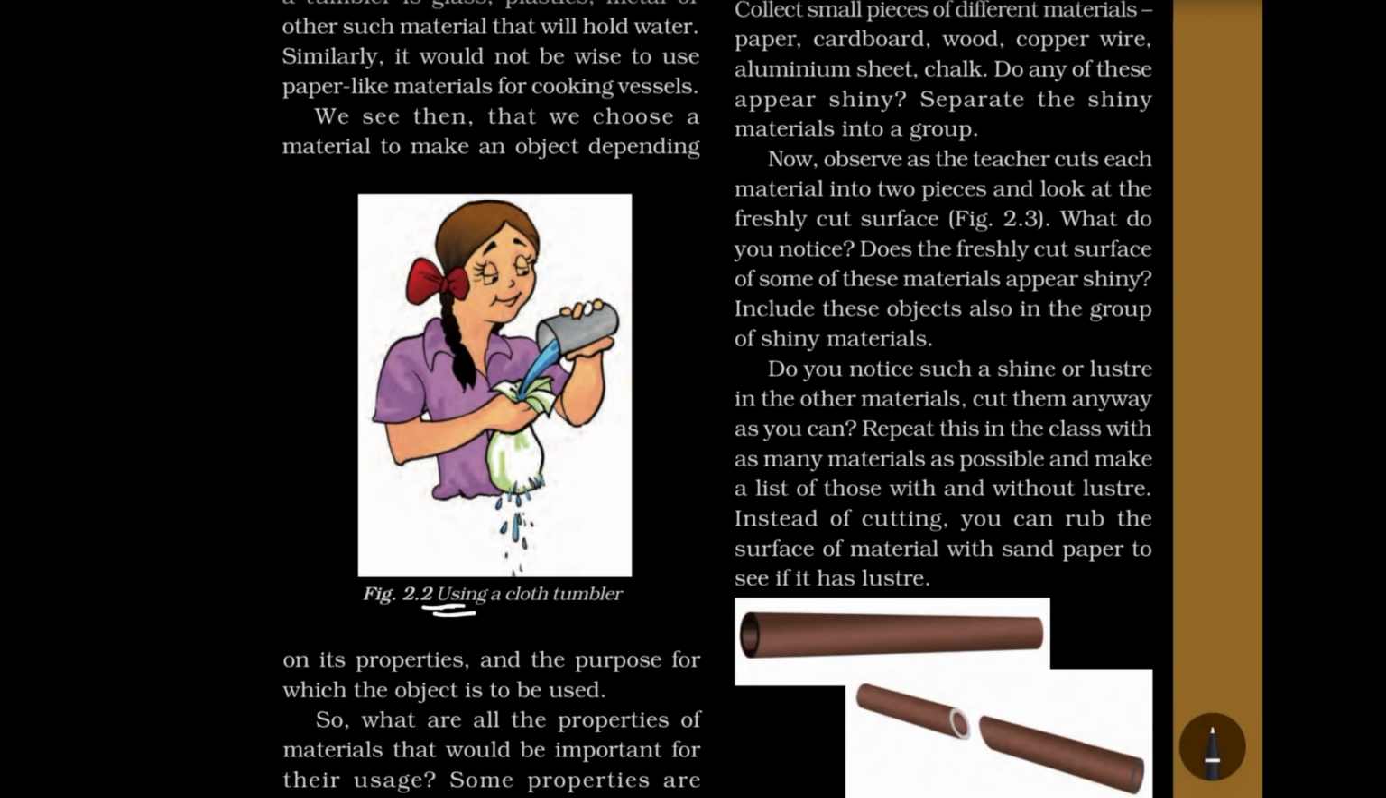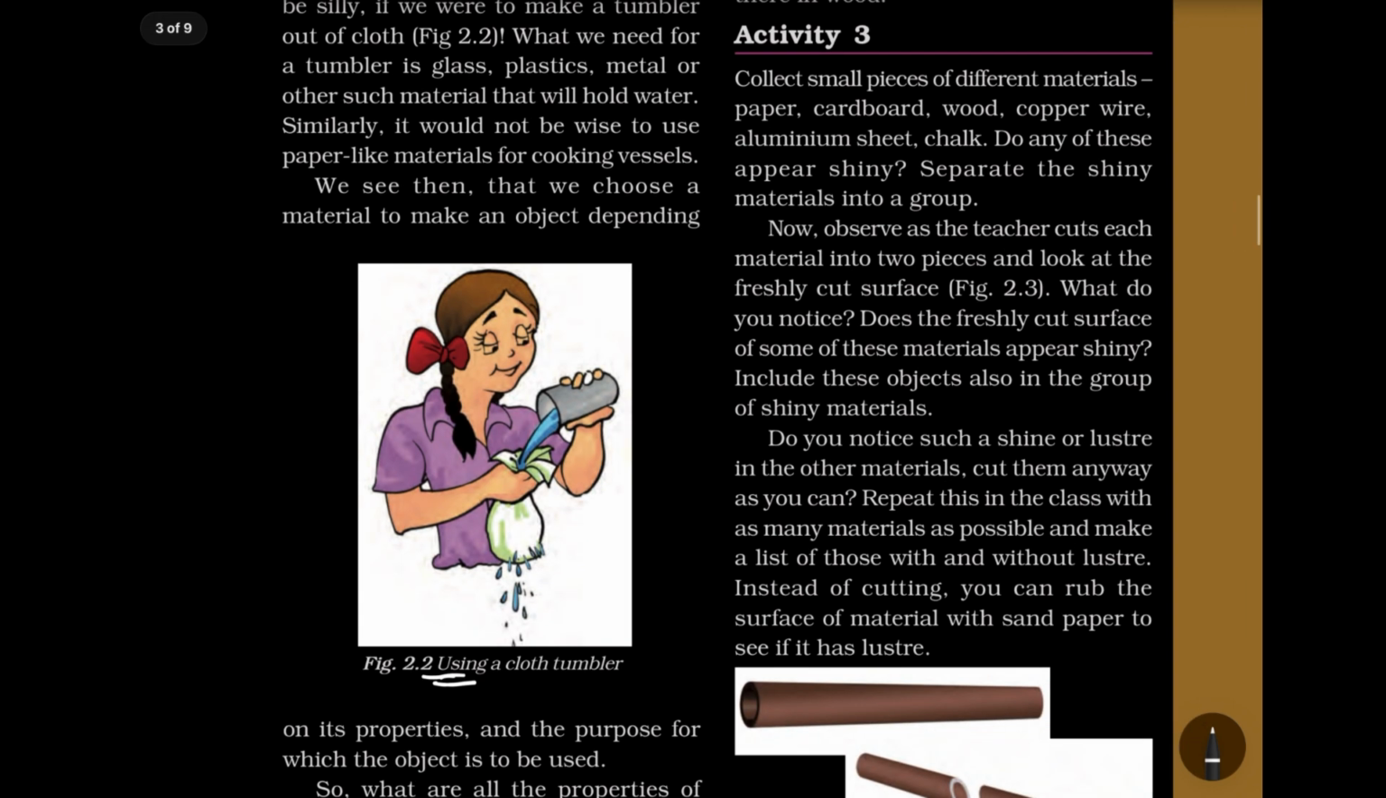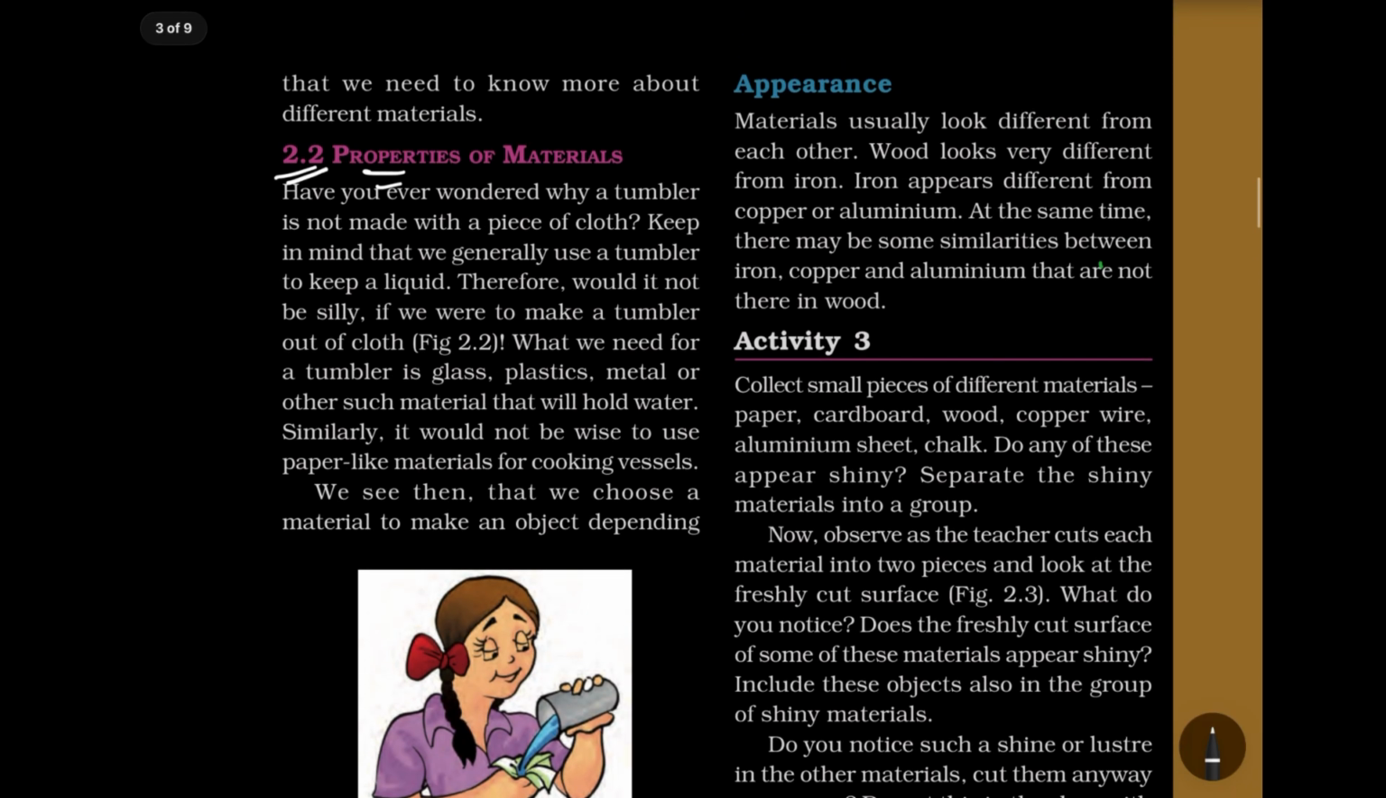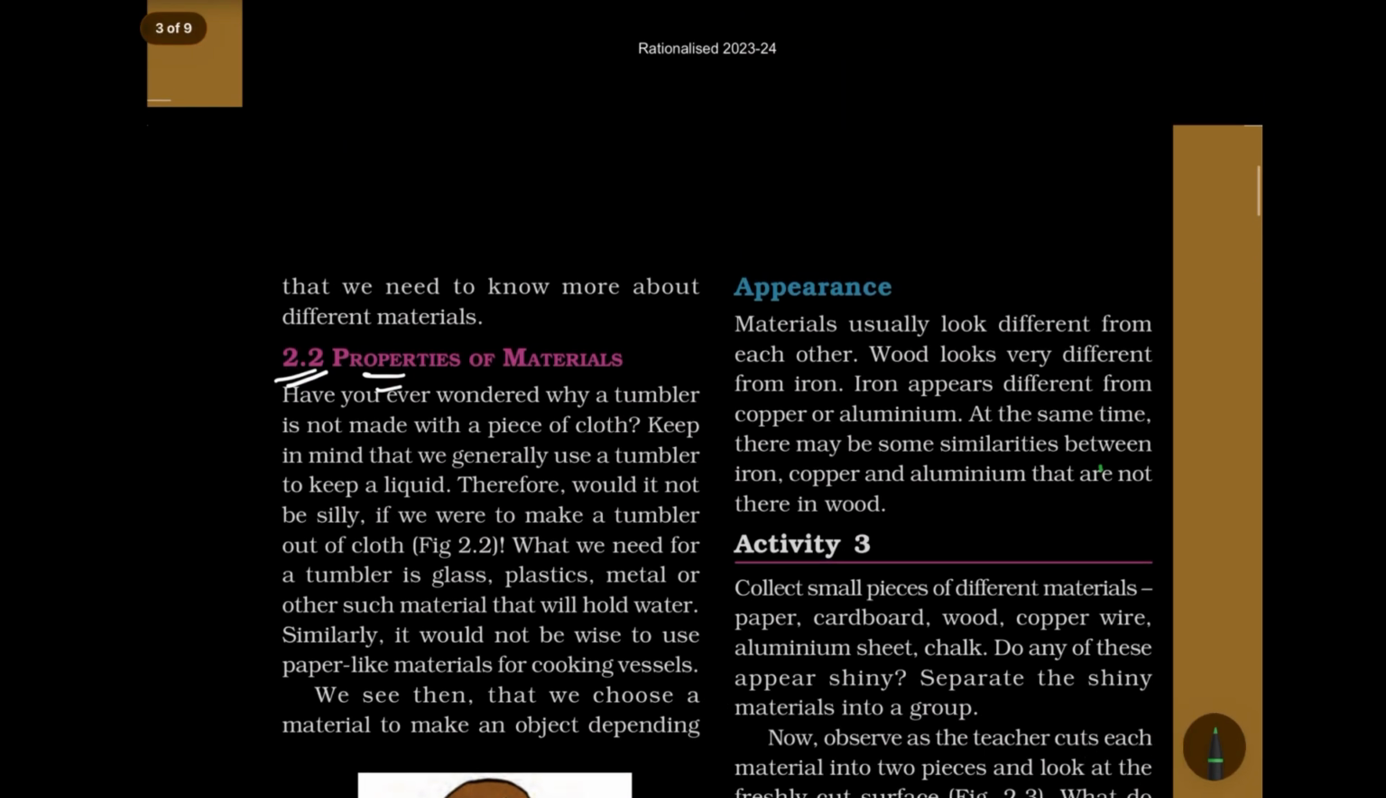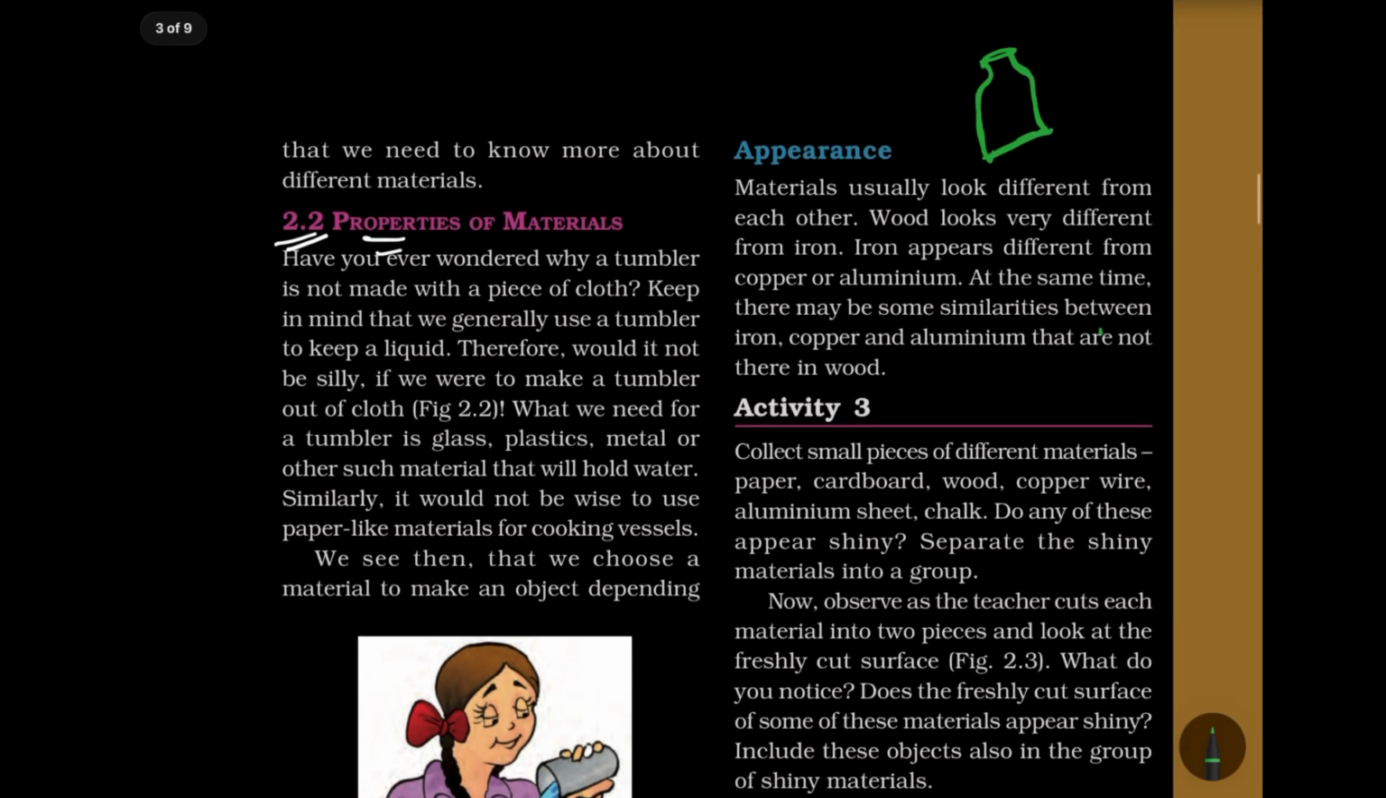A figure was given in which a girl is pouring a glass of water into a tumbler. So we have to know what a tumbler is. A tumbler looks like a bottle, but it has a flat surface. The tumbler is generally used for storing water. Okay, so this is a tumbler. You may think that the tumbler may be made up of plastic, glass, clay, copper, or